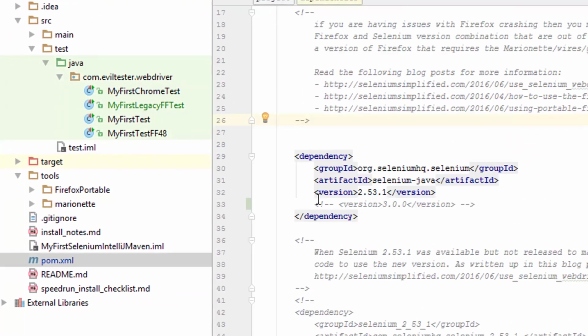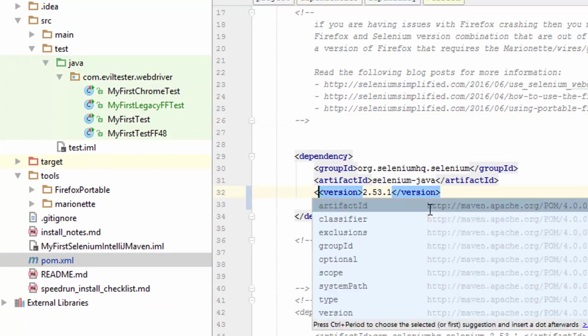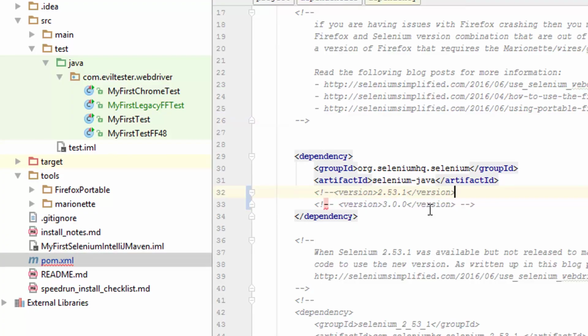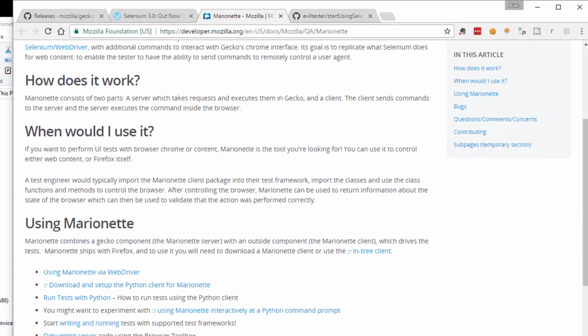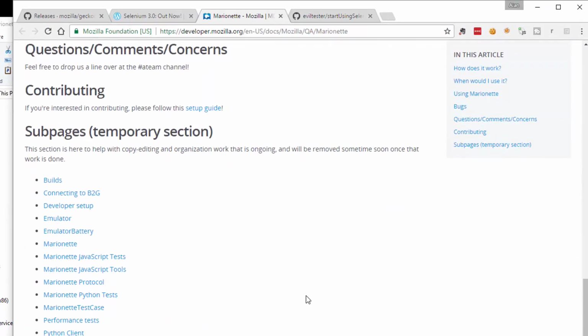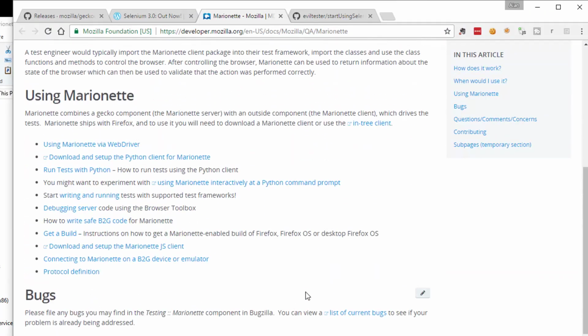So in the pom.xml, I need to change this to version 3. Then IntelliJ will go and download the right version of Selenium and we'll all get set up. Next thing I have to do, let's check the Marionette driver, because the Marionette driver has been updated for Selenium 3. Let's go off to the downloads,